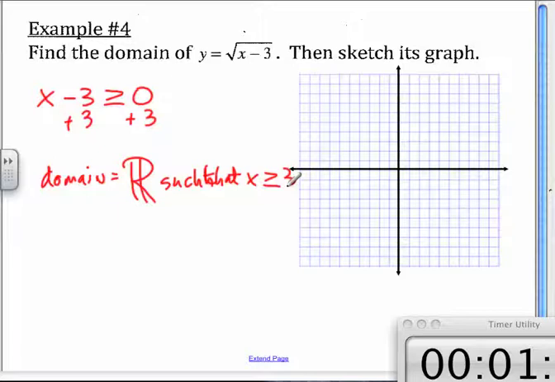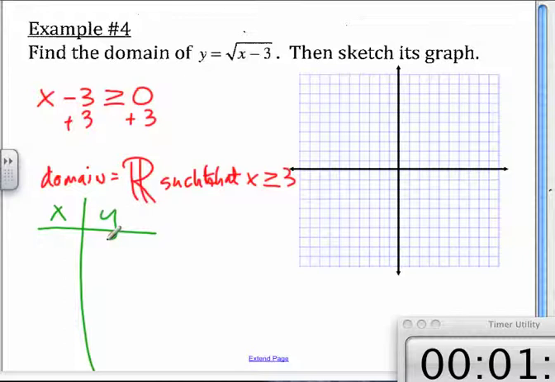Excellent. Now, Jordan, when I do my table of values and I'm choosing my x's, can I choose 0? Because that's a perfect square. I can get 0. No, I can't. Thank you, because x has to be greater than or equal to 3. Right? Now, let's look at this, though. If I plug in 3, what do I get